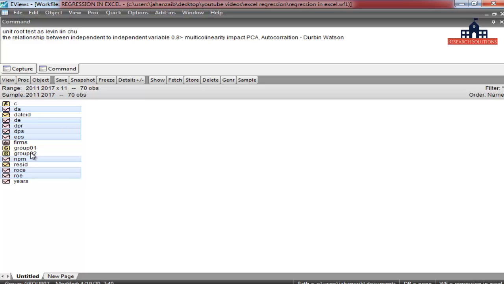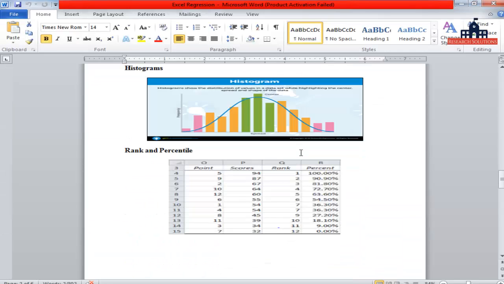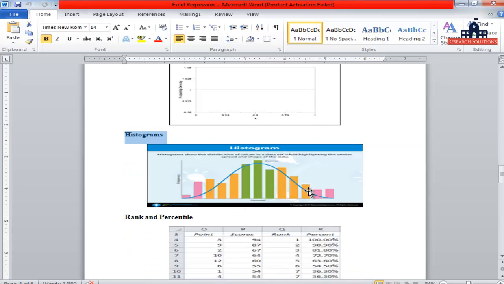The population structure has been detected by the descriptive statistics. We can also check it by means of a histogram and Jarque-Bera, but we are not going to do that because we don't have much time, and now we are going to work on the regression model. We are going to test the histogram in the last.